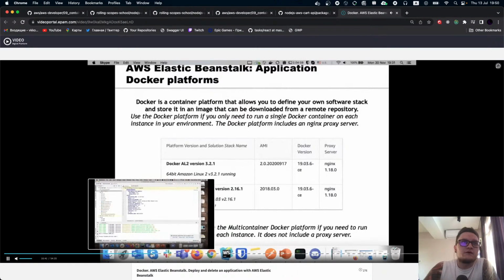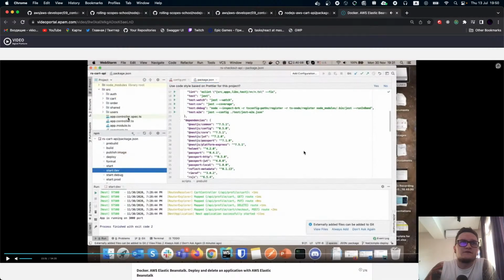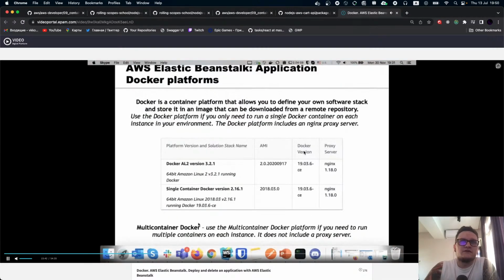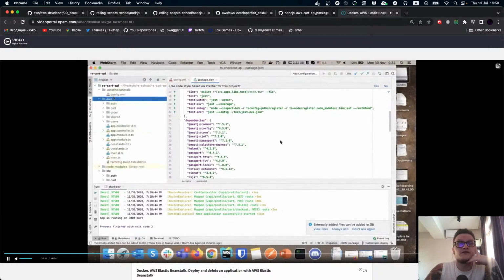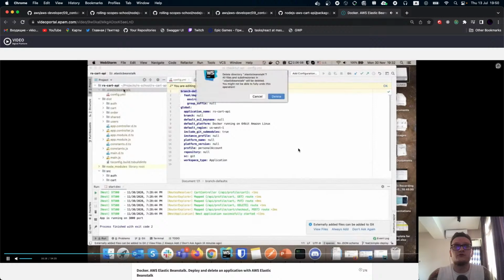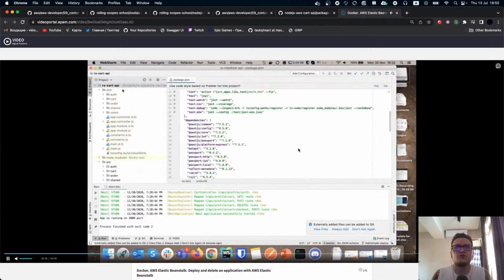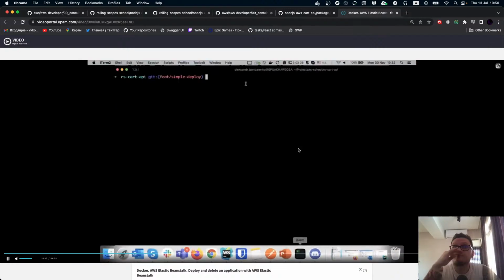And what do we have now? After Elastic Beanstalk init, some configuration file will be created inside your application. As you can see here Elastic Beanstalk, here we have a config, and this folder you want to add to your git ignore, because you don't want this one to be exposed somewhere. Why would you show your Elastic Beanstalk configurations?